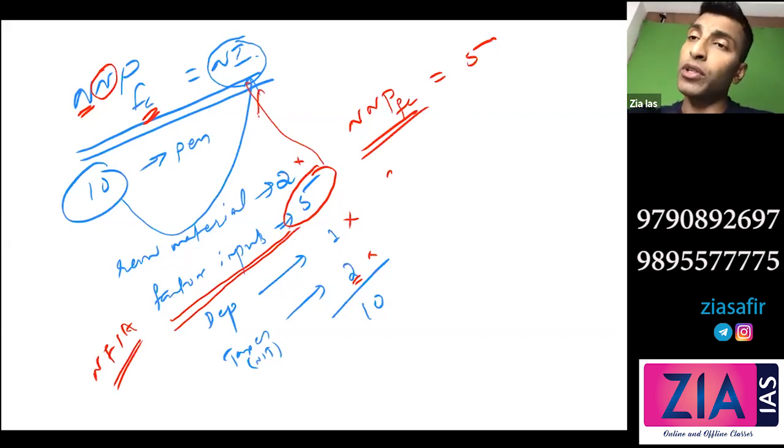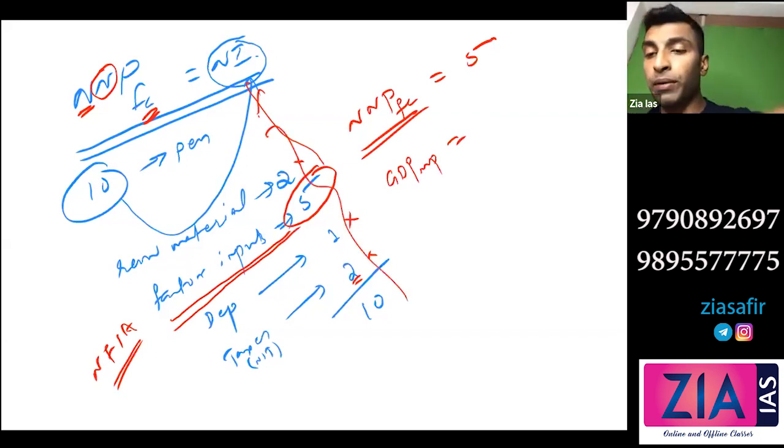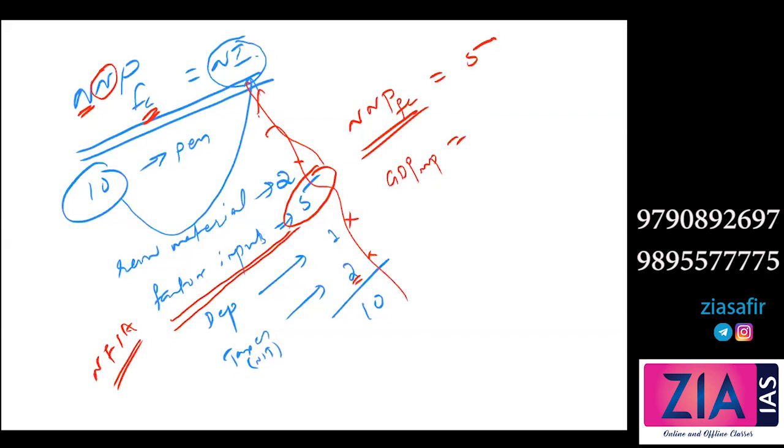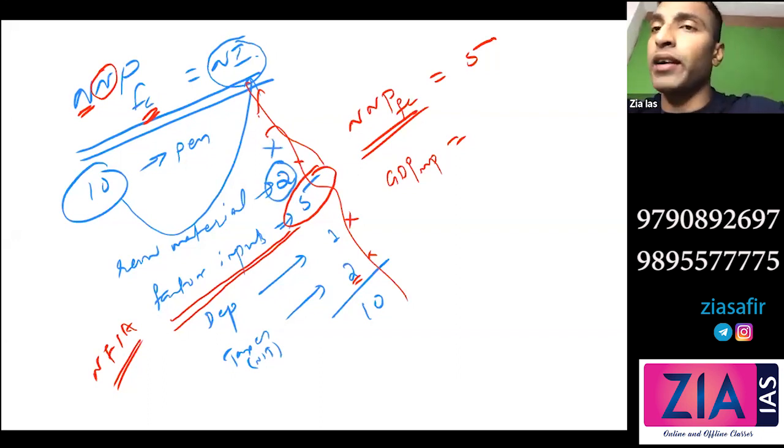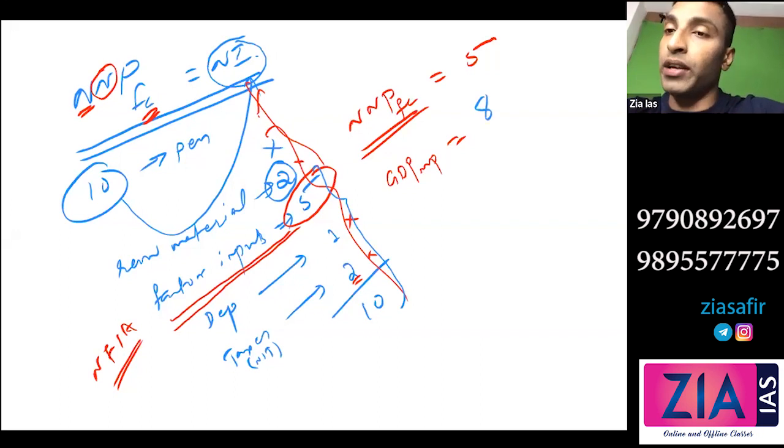What about if I'm talking about GDP MP? Can you tell me from here what is the GDP MP value? Exactly from this only. What will be GDP MP? So 9. GDP MP will be 7. Do you think this raw material will be added in GDP? Raw material will not be added. Yesterday I told you, only value addition will be taken. Raw material won't be added in GDP. So what will be added is actually 8 rupee. Okay, so GDP MP is 8 rupee.